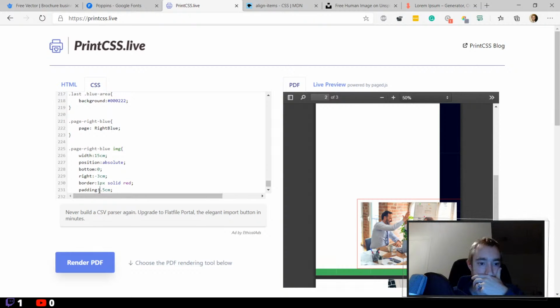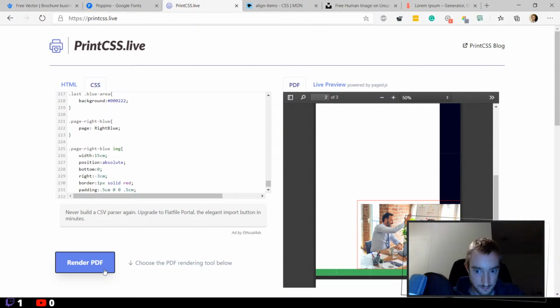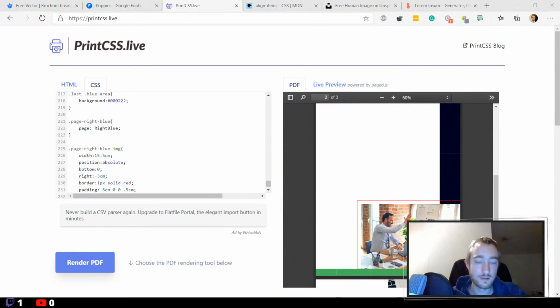And that only to the top, right, bottom, but to the left also. And then we can say 15.5 here. For what I'm doing this is, when we look at the